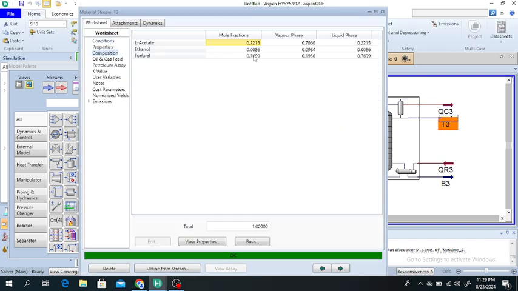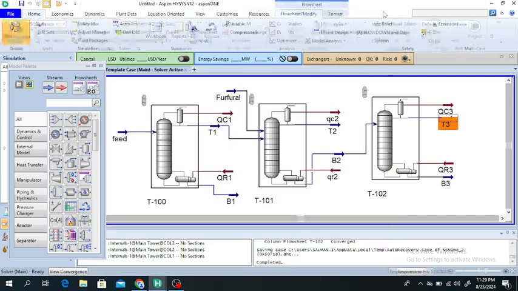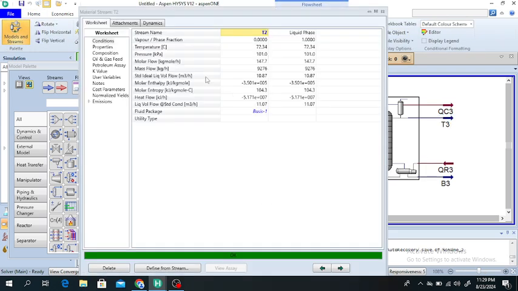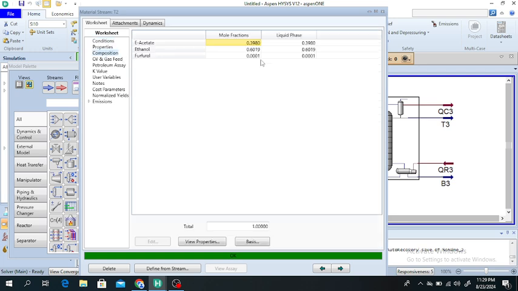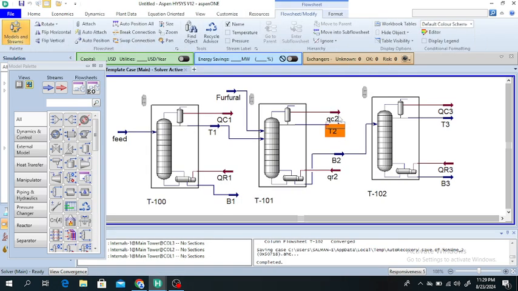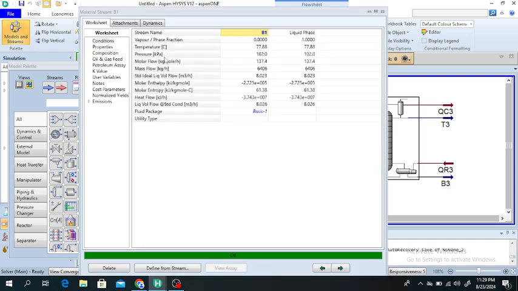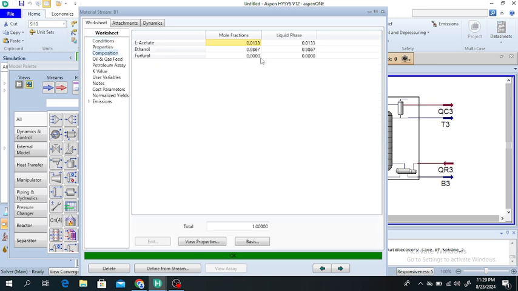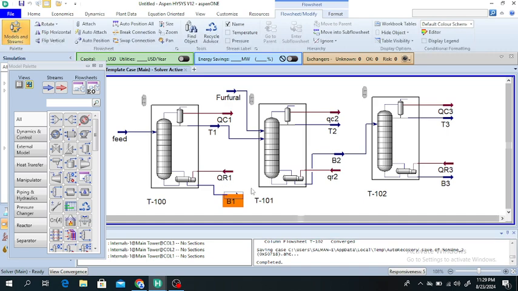So here you can see furfural 76% and 22% is ethyl acetate, and here you can see majority of ethanol is obtained at the top of distillation column number 2, and at the bottom of distillation column number 2 you can see that the majority of ethyl acetate is obtained. So in this way we can separate the ethyl acetate from ethanol with the help of furfural